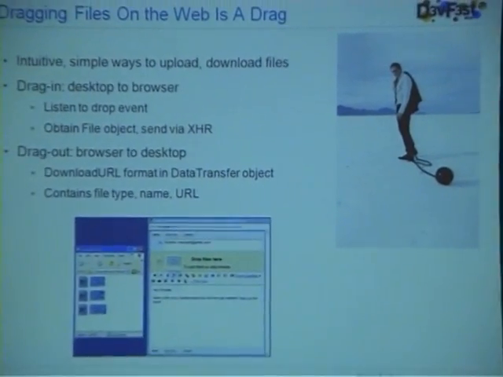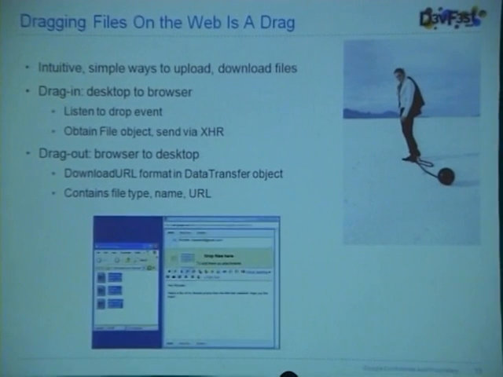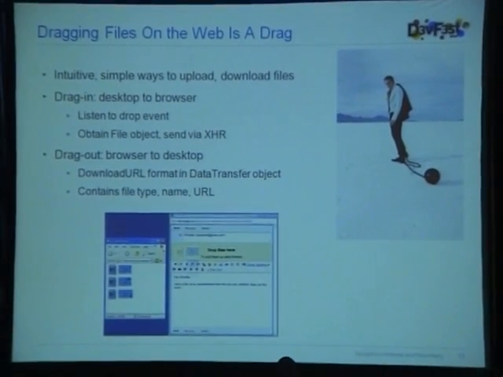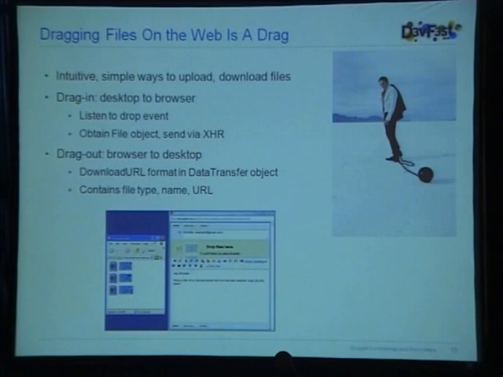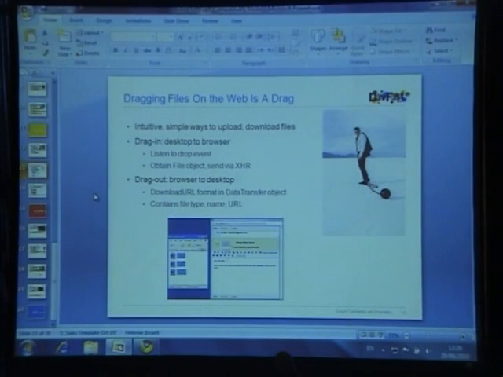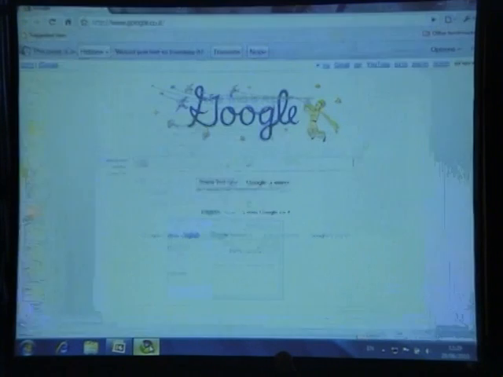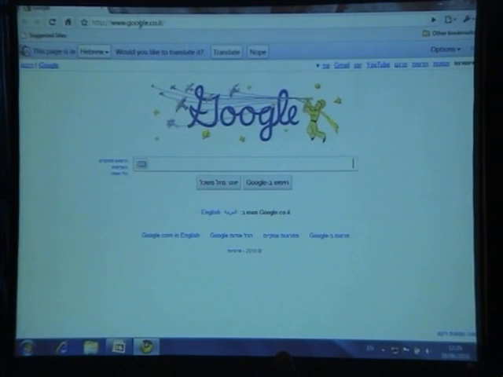Another thing we found to be important is dealing with files coming off of the hard drive, like the desktop. When I attach files in Outlook, it's very easy because I can just take a file on my desktop and drag it onto the compose window in Outlook, and that file is attached. Well, we said, hey, that's a cool use case. We want to enable that for web applications. And so I want to break out of PowerPoint for a second and actually show you how we've enabled this for the web. So if I go to Gmail,